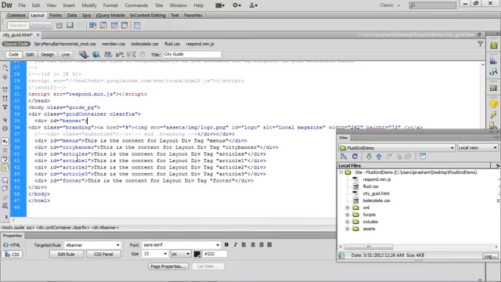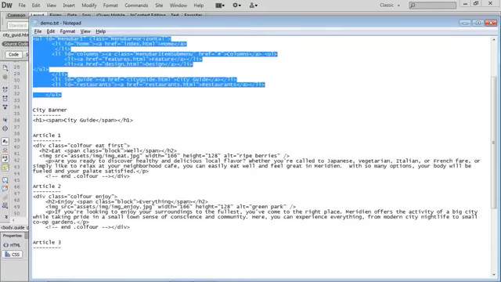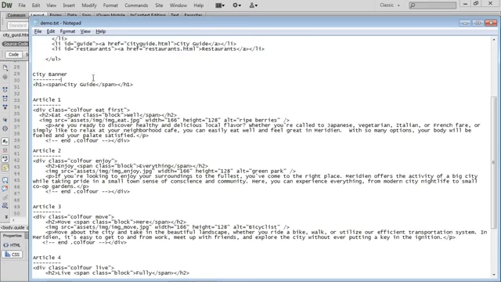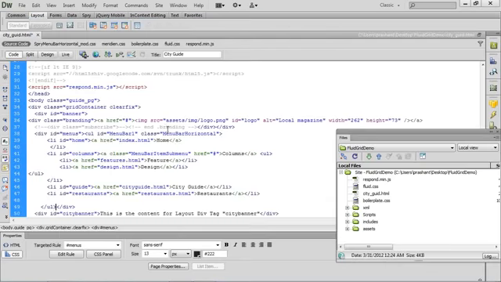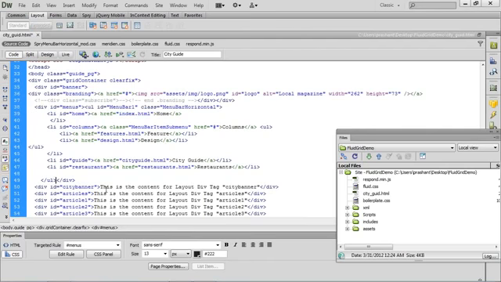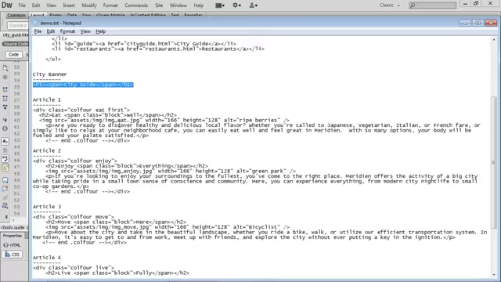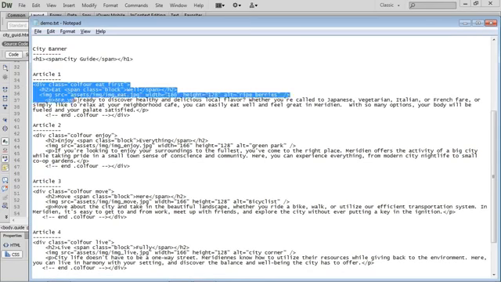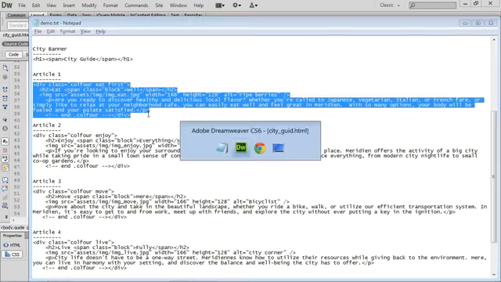Menus. City banner. And now the articles.